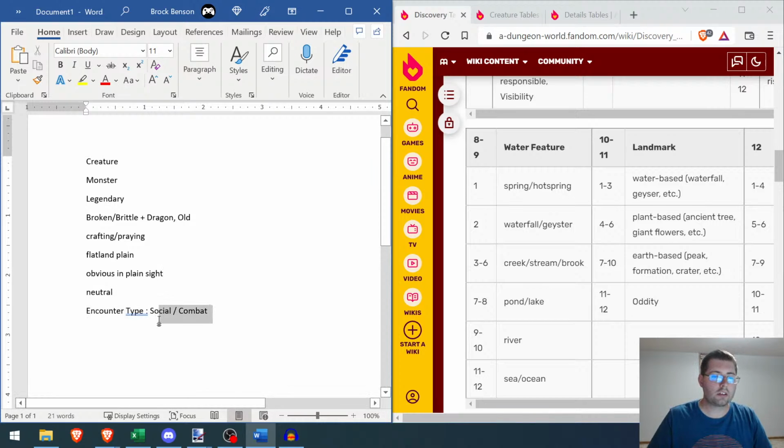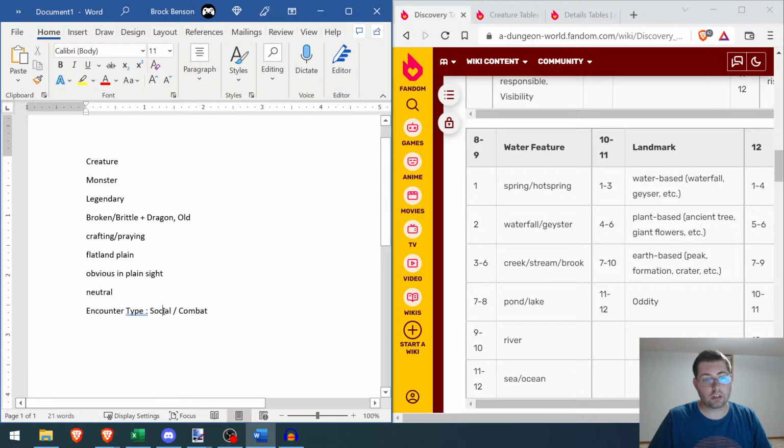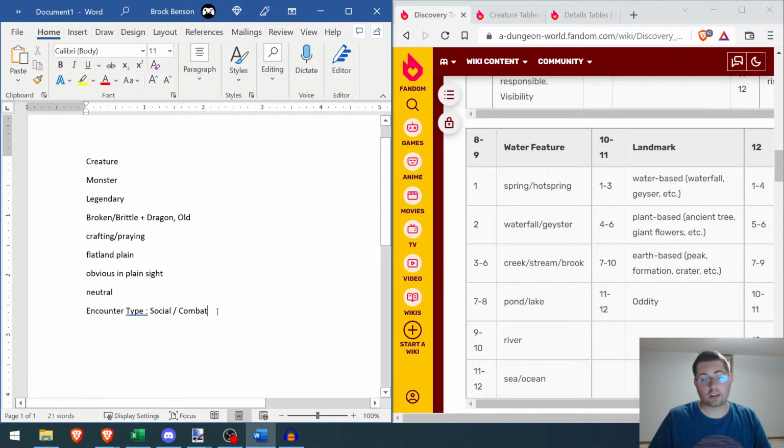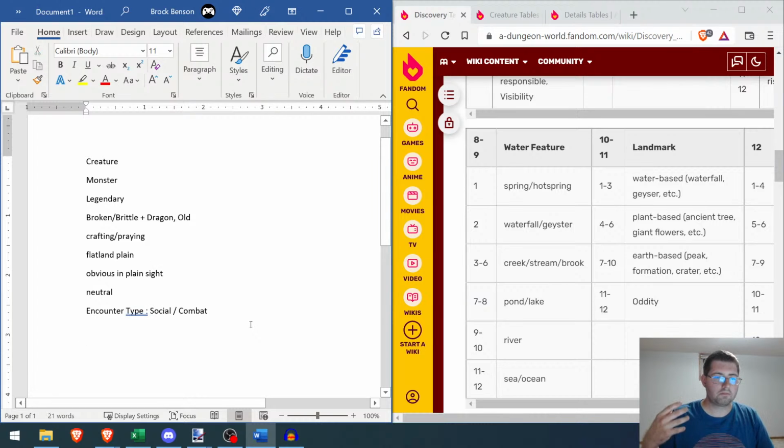And then the social combat aspect of it is, if they want to help or hinder the dragon, they can do so more or less just through social interactions versus straight up combat. If they want to just go ahead and kill the thing, they can. Maybe this dragon was causing problems in the local area and adventurers were told to go take care of it. Who knows? I think I'm going to leave that up to the